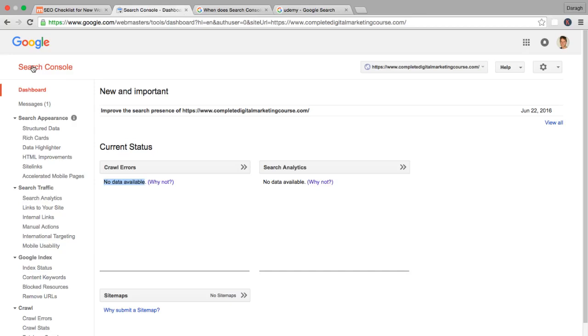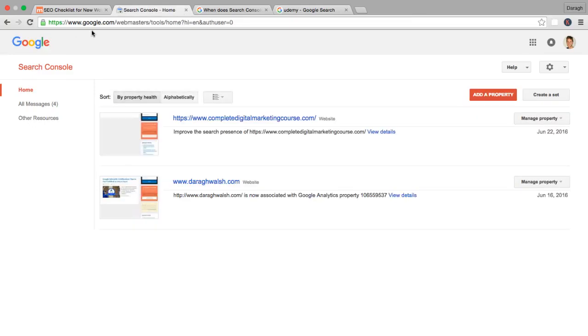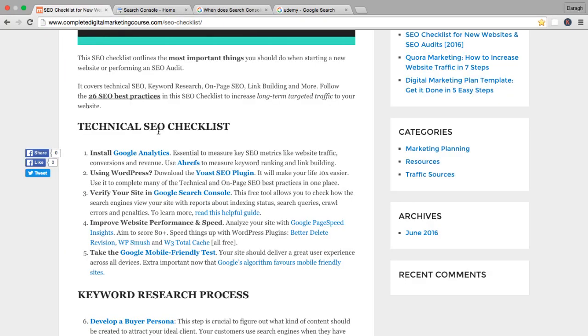The most important thing to really do right now is just to get it set up and get it collecting data. And as I've shown you here, you can really come back and look at this report later, and in particular focus on these reports once that data is collected. So that's it. Verifying your site in Google Search Console is very simple. The next thing we're going to do is really look